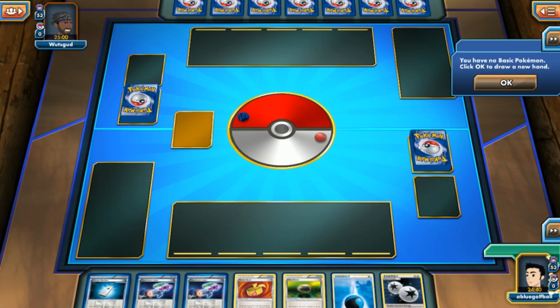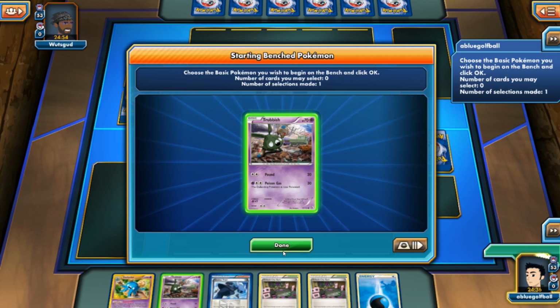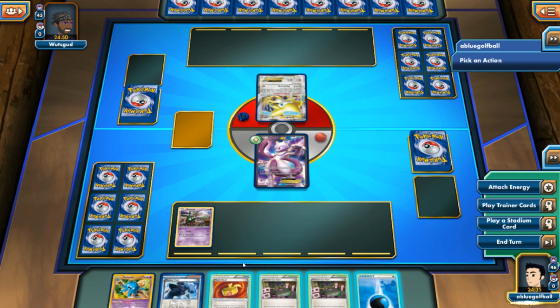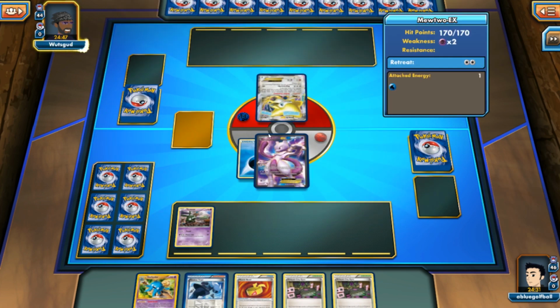We start off, end up mulling again a number of times. We get the Mew, not the card I really want to see right now. My opponent will mulligan a couple. We'll get to draw a couple more cards. We get a Trubbish. Might as well play that for now, that way we can evolve into the Garbodor later. And okay, so we get... Might as well. I'm gonna end the turn here, and maybe if we can get another energy, I'll go ahead